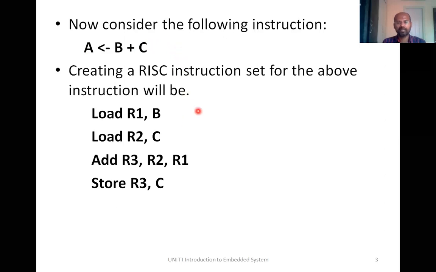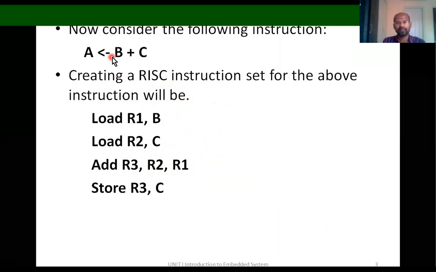If that high level language code is to be converted and executed on the RISC computer, the compiler has to produce something like this out of this. Then only this code will be executed in the RISC machine. So it is an additional burden for the compiler to properly produce something like this out of this. If a compiler cannot do it, the programmer has to write this big code.